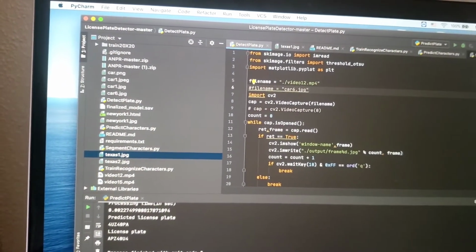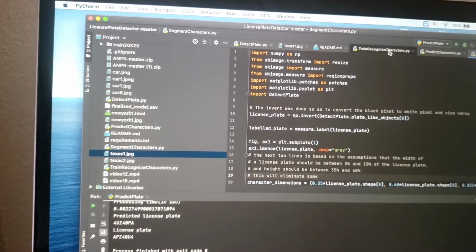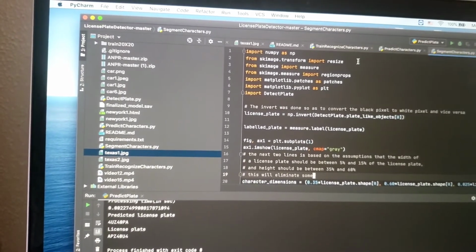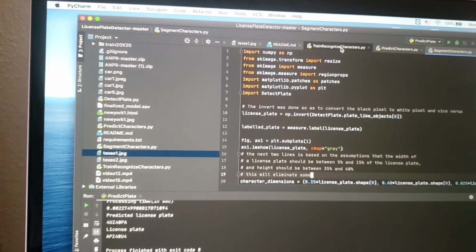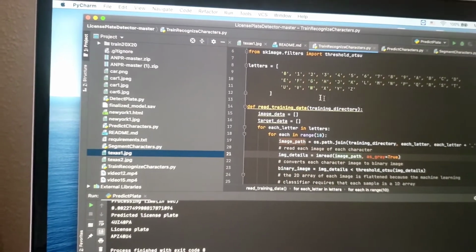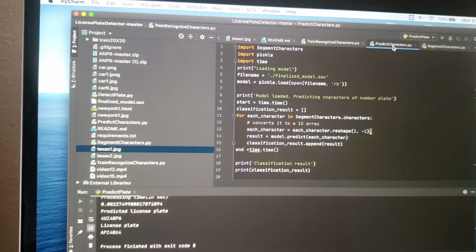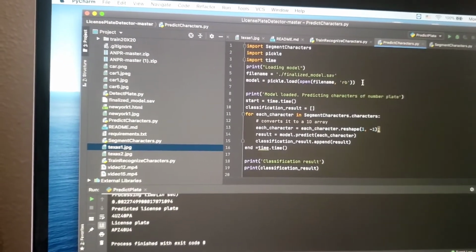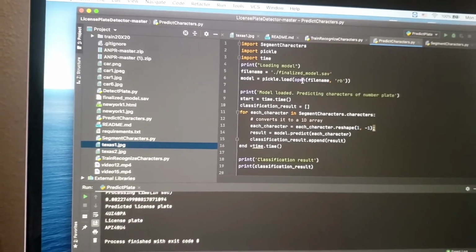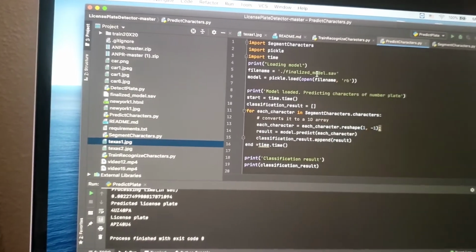Then we come to the segmentation of the character. After segmentation, the train function is called, which trains to recognize characters, and then the predict function.